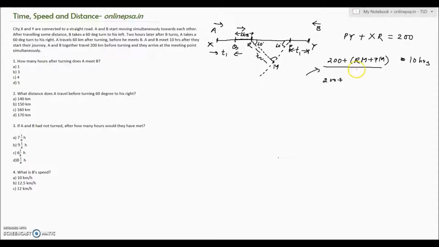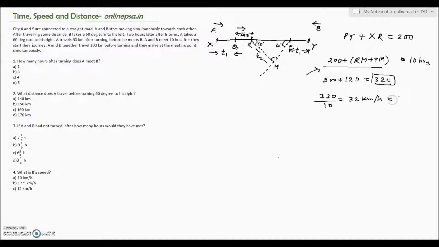200 plus RM and PM are nothing but sides of an equilateral triangle here, which is 60 kilometer each. So the total will be 120. Hence the distance becomes 320 kilometer. They travel 320 kilometer, and that too in 10 hours, which means 32 kilometer per hour